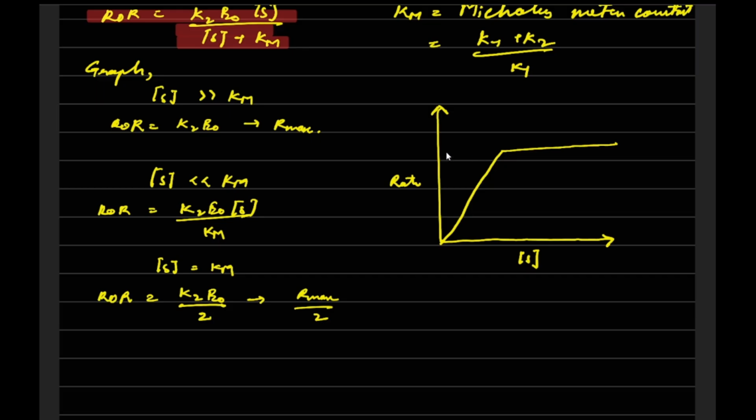Okay, so this is R max, and the half of this will be R max by 2. And here the concentration of S is equal to Km. Okay, this was the graph